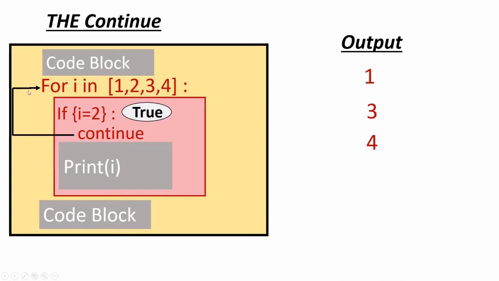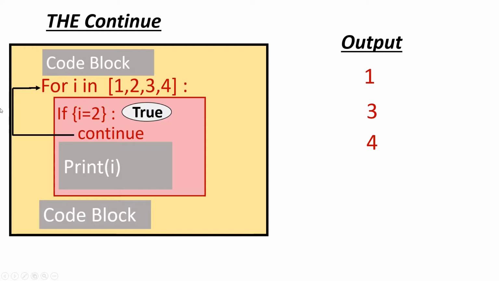Then it went up, I took the value 2 and this condition came to be true, that is why continue ran, and this whole box did not run. Continue directly went up, and the next value was taken. This is what continue does. It will immediately take the Python program to go up and take the next value in the collection and run the whole thing next. So 3 was taken, this condition came out to be false, so print I, 3 was